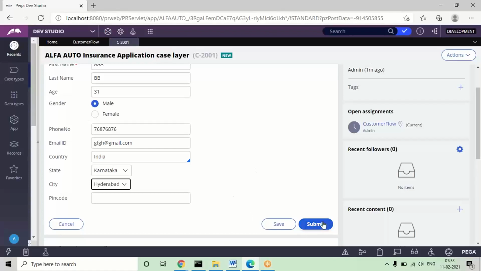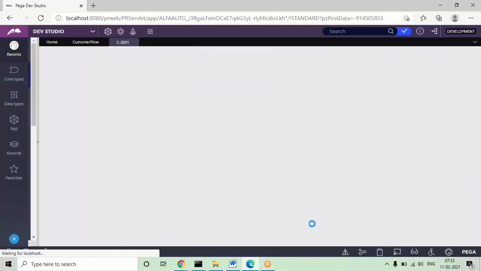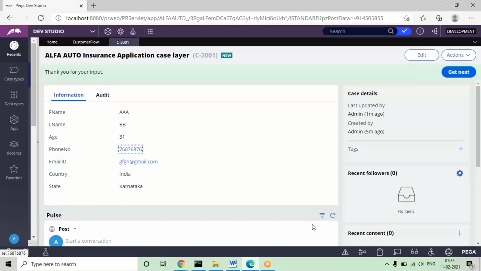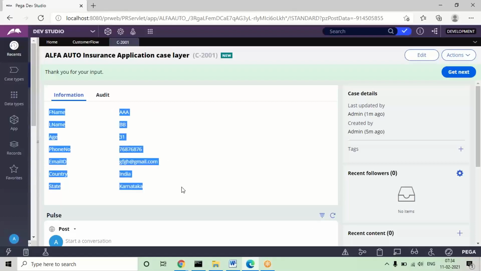Now if I submit any data, we must know where this data is going to be saved. That is a backend thing. We didn't define any tables. The database is already connected in Pega, but we didn't define any tables or connections. That will happen after some 3-4 classes, when we'll work on table connections. But as of now, with no table connections, where the test data given here will be stored, I'm going to discuss a few points.